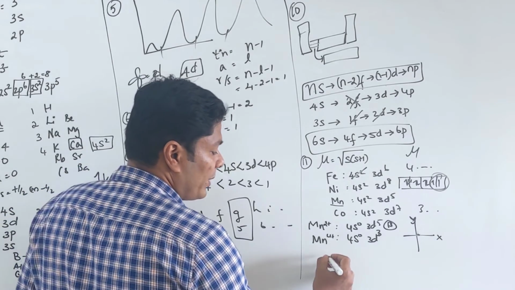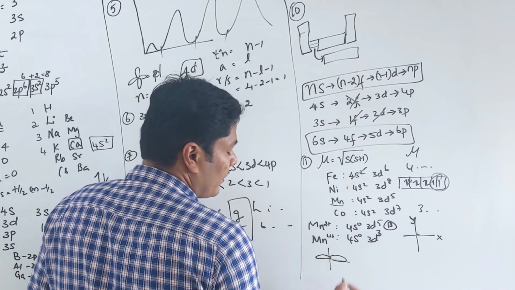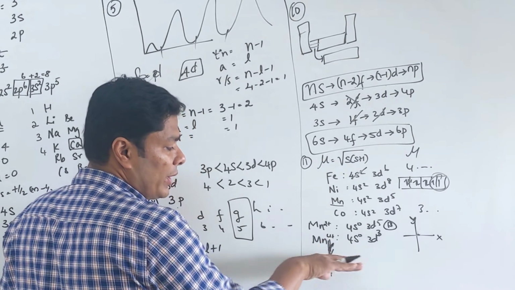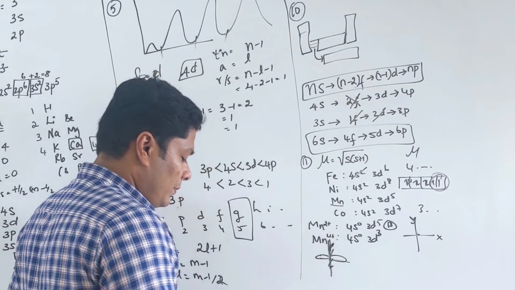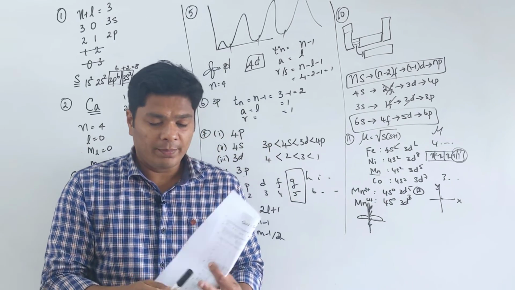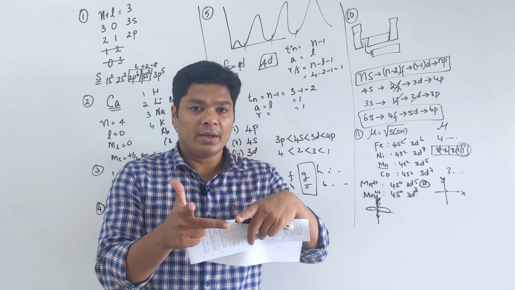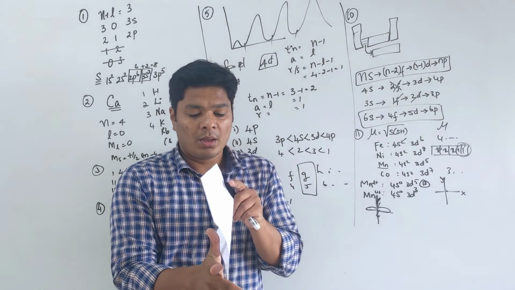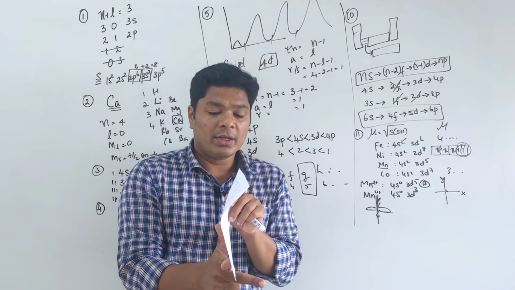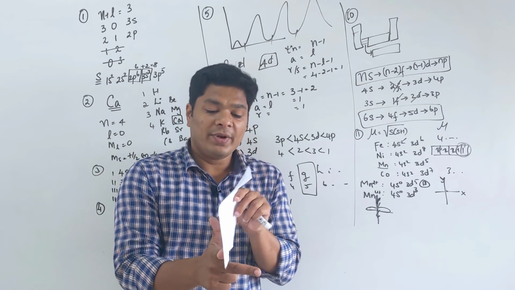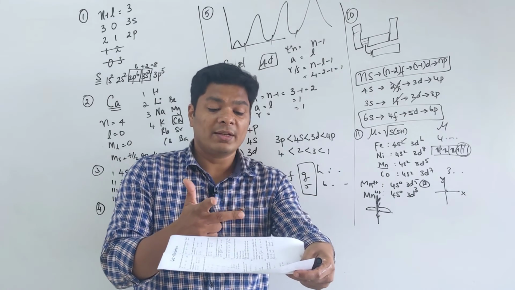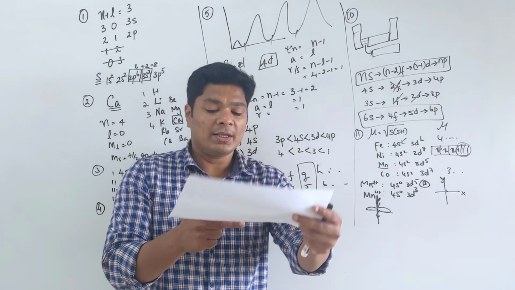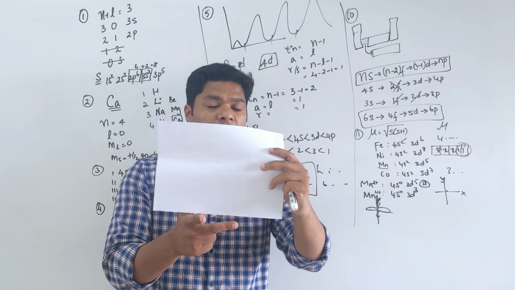So if I draw a 2p orbital, for example, this is a nodal plane, this plane. If you go along this plane, there will be no electron, because it passes through the center. Whereas if I take this plane, the electron will be there, correct? So there is this plane, there is this plane, and there is this plane. There will still be electrons in these, so you cannot do this.